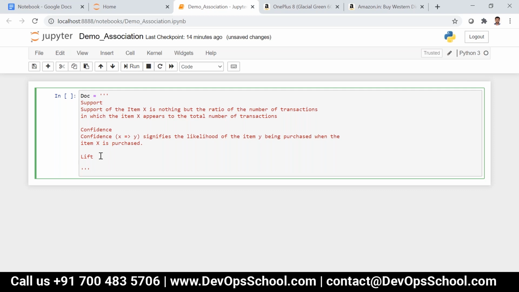Confidence depends on the product, this is for the owner basically. He is confident that whenever this particular item is purchased, he will definitely purchase this other item. That is nothing but confidence. But lift totally depends on the customer.